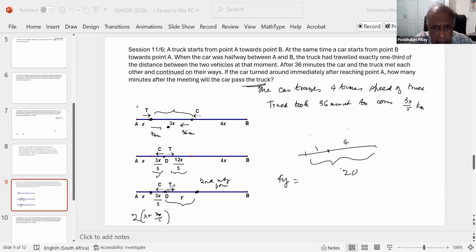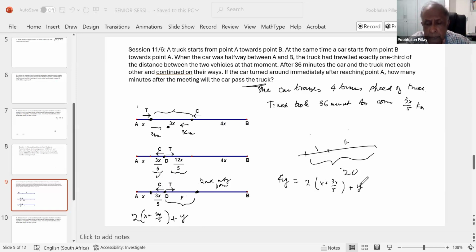Came back to the starting point, and it had to cover that distance that the truck had already traveled. So the car went there, x plus 3x over 5, and came back again. So that's double the distance. And it had to cover that y, which the truck had traveled. So the car in the meantime had traveled 2 times x plus 3x over 5